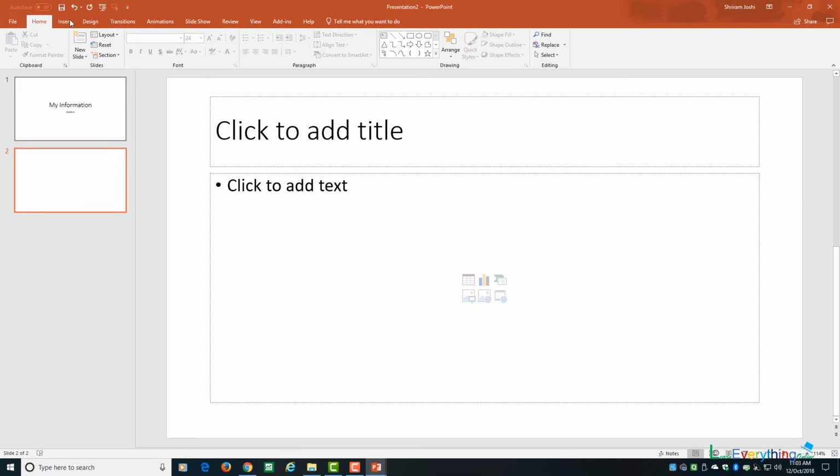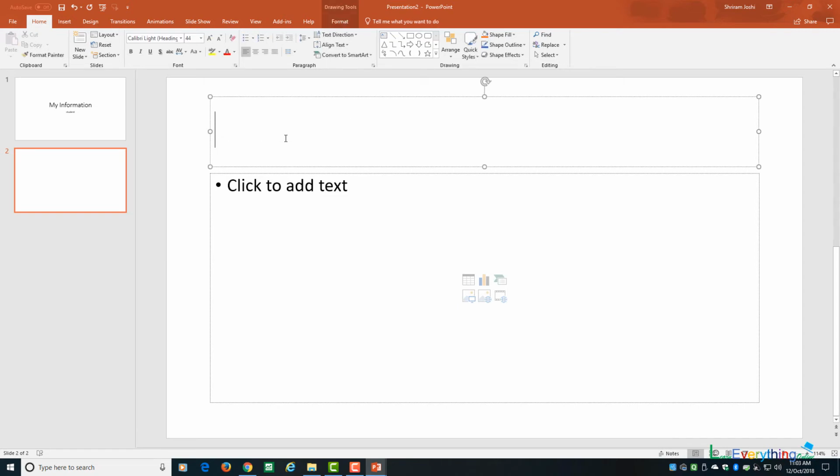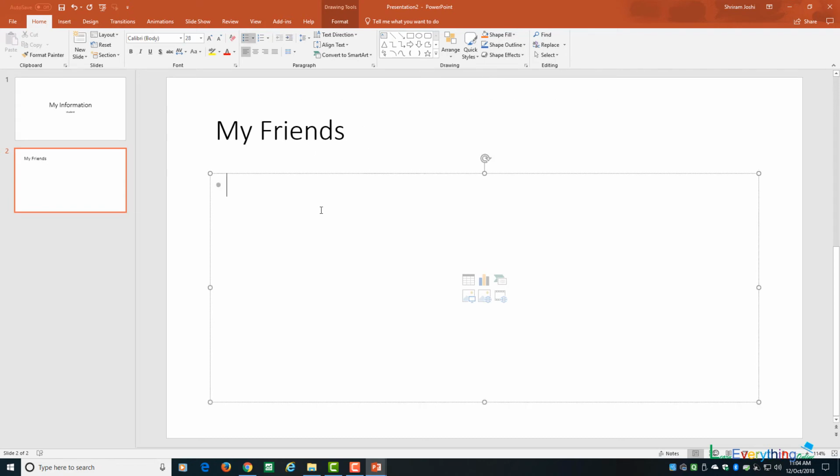First you can add a table, second a chart, third a SmartArt graphic, fourth is picture, fifth is online picture and sixth is insert video. So this particular slide pattern will allow you to add six activities as well as text inside that slide. Now if I want to add, see, automatic capitalization of the first word will be done by MS Office. I want to add the names of my friends.